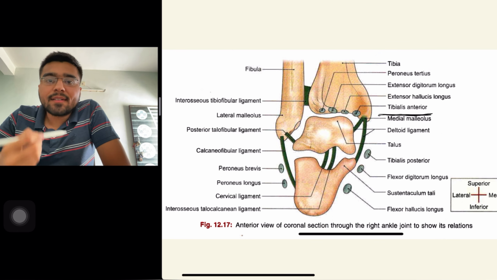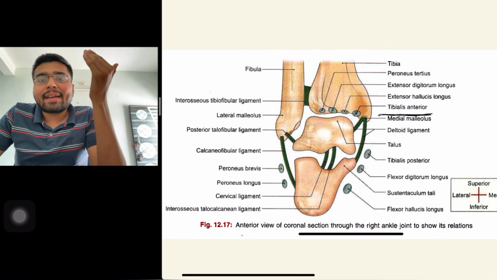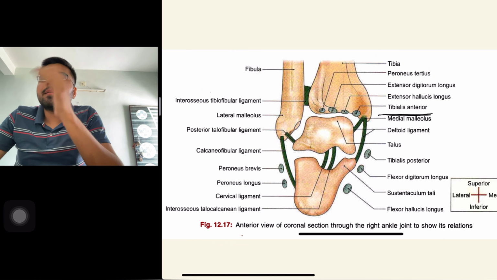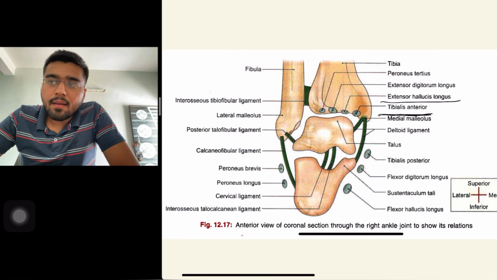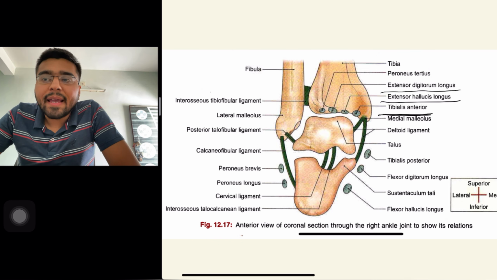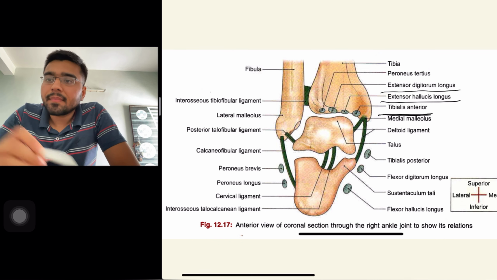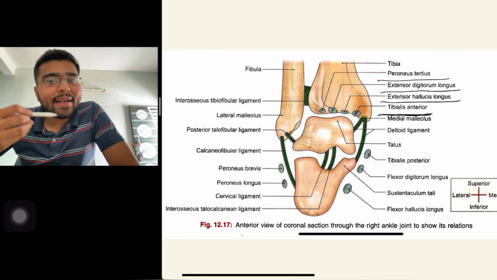From medial to lateral, we see the different muscles that are attached. The second muscle is extensor hallucis longus. The third muscle attached more laterally is extensor digitorum longus. And the last muscle of the lateral side in its anterior part